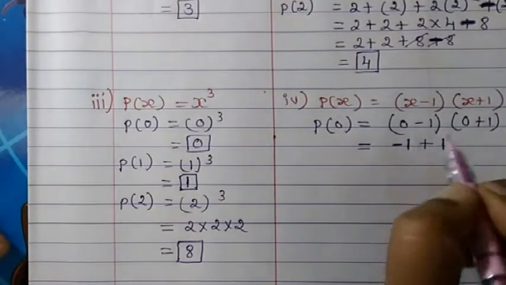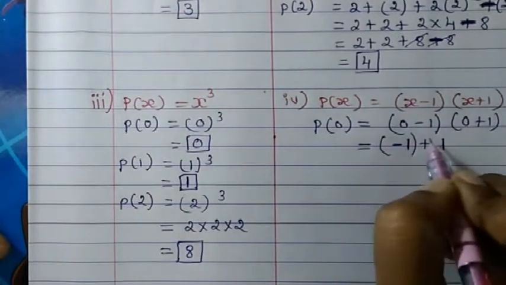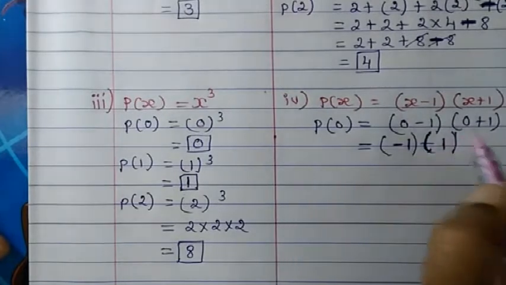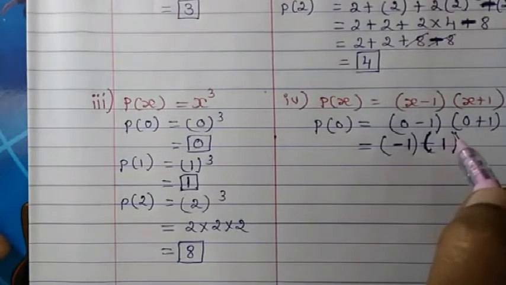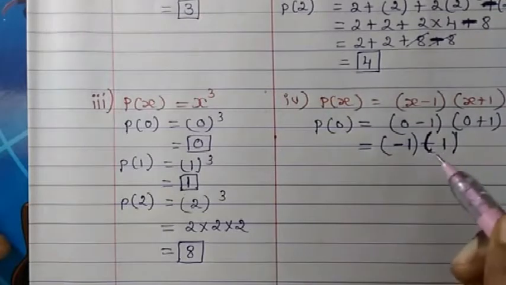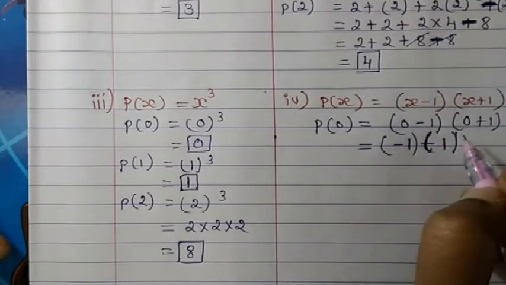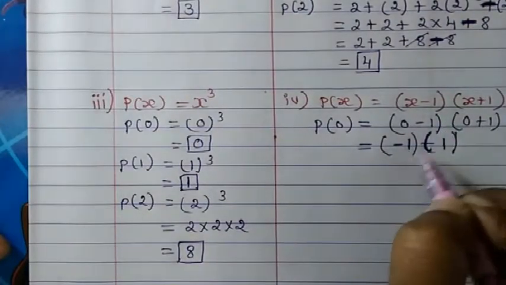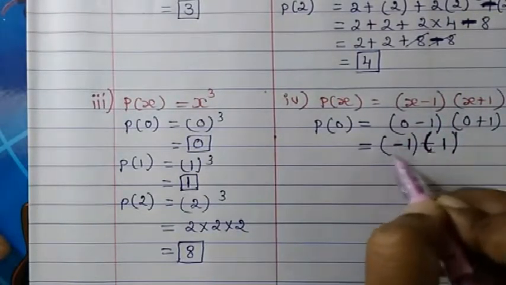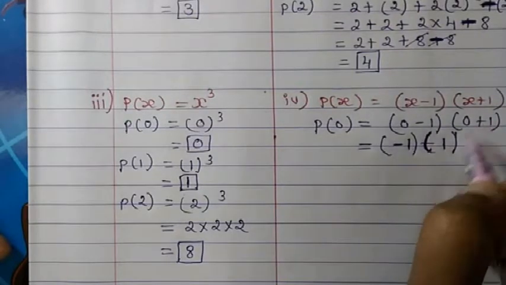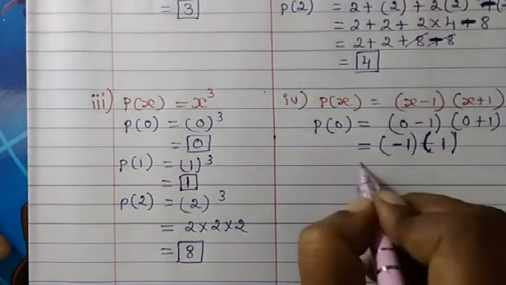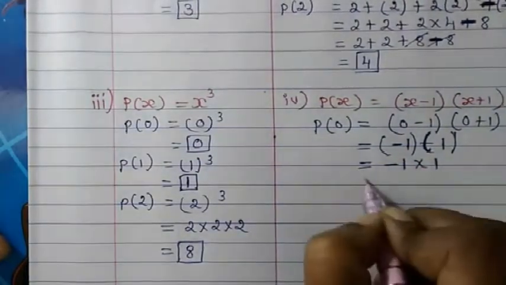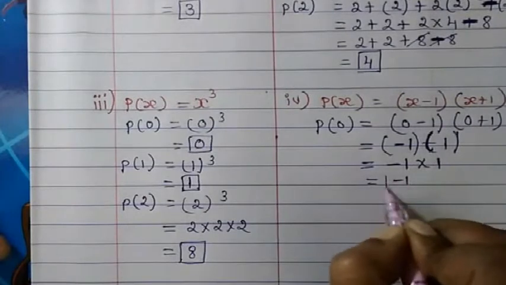By the way, this is a multiplication sign, so let's not forget that. Let us keep this bracket. Otherwise we have a lot of tendency to make mistakes in this chapter because of just plus and minus signs. So let's be careful, we solve it in brackets itself. So minus 1 and we keep the bracket. Here also we keep the bracket. This is plus 1. Now when minus 1 is multiplied with plus 1, we will get minus 1.